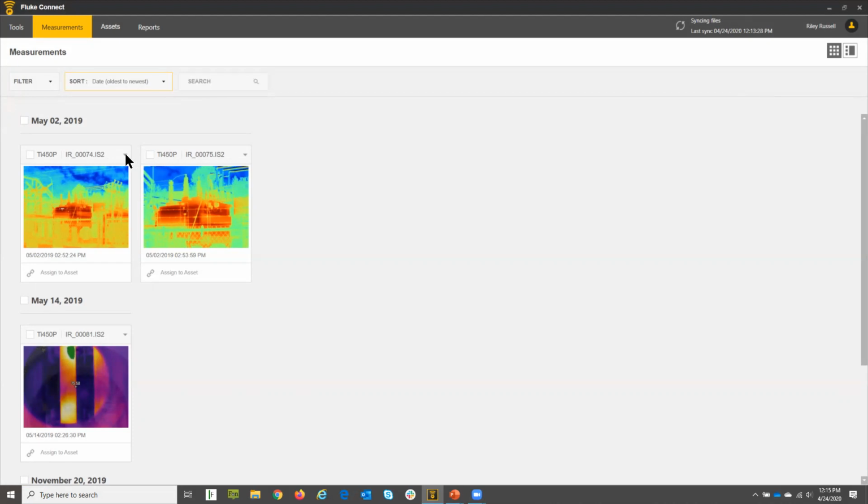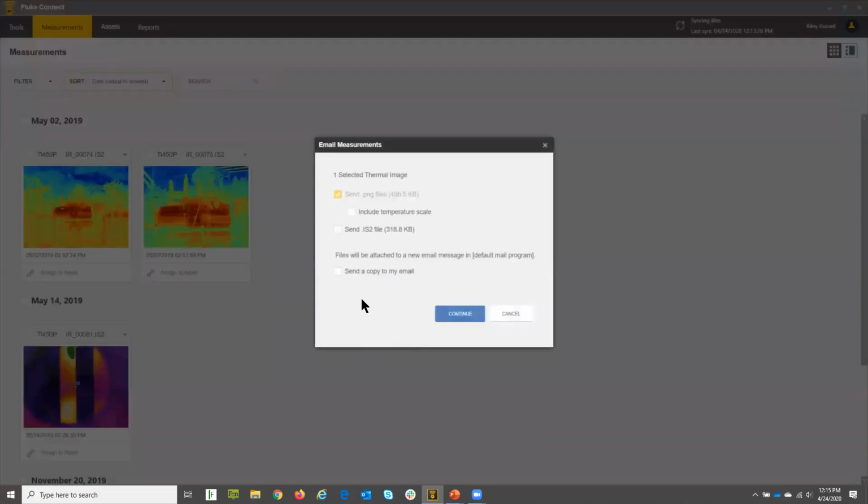All right, so the next thing I like to show is that for each of the images, we have this little drop-down list box where we can go into edit mode. We'll do that in a moment. We can rename the file. We can email the file. And here it will automatically select the PNG option. So we'll send the file as a PNG file, but we can also select to send the image as an